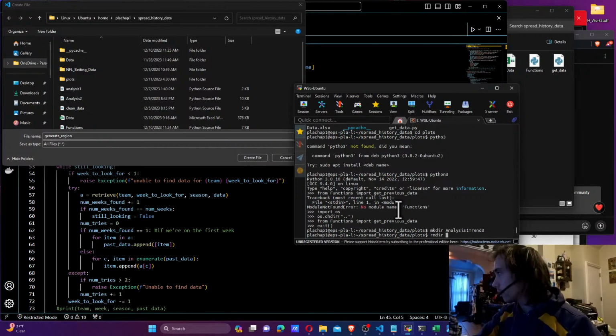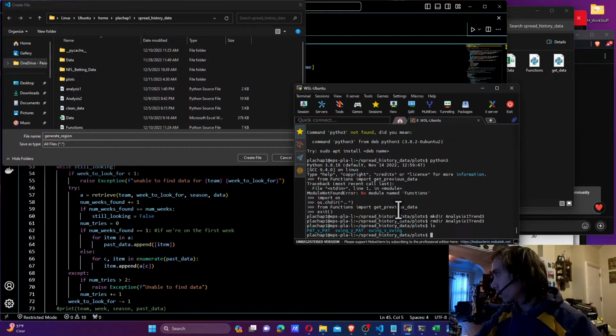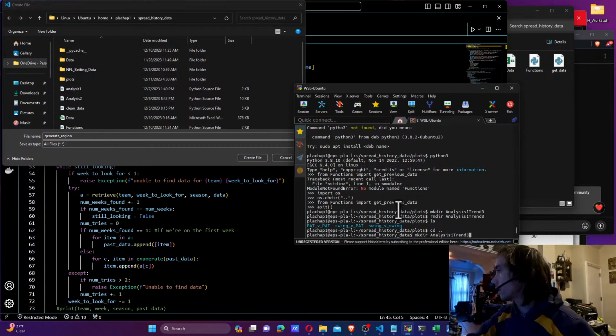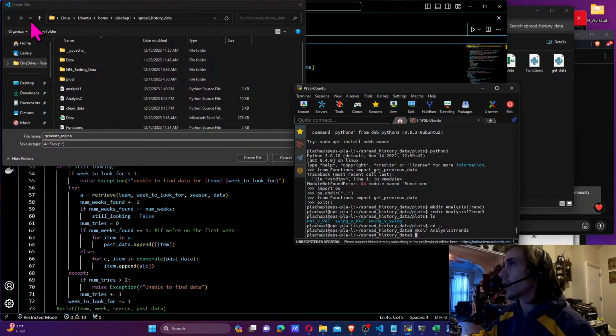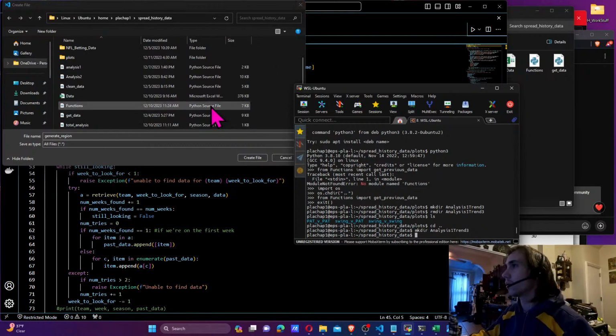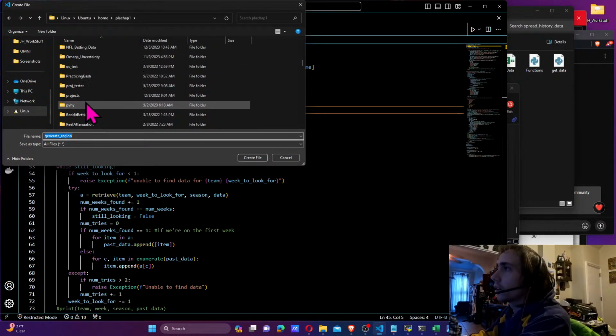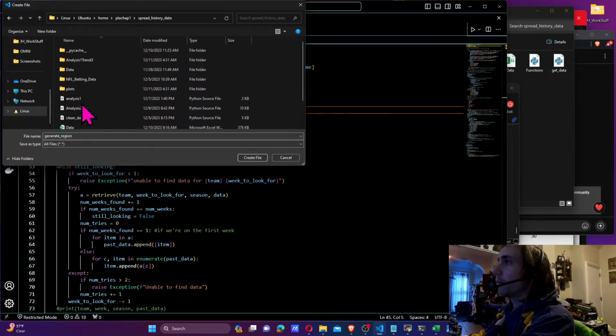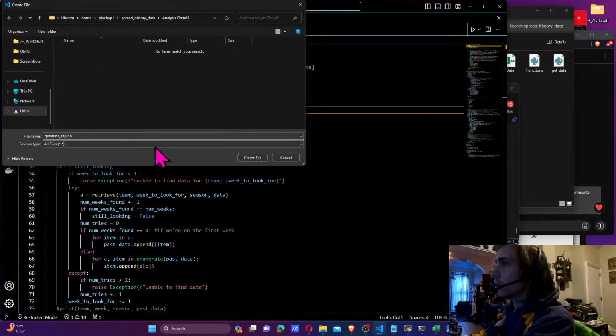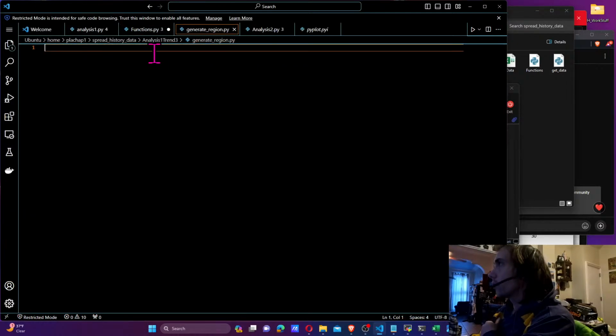Now let's remove that directory. All right, remove analysis1 trend 3. Now let's go up a directory and then make that directory again. Now spread history data. When we go back in there, it should pop up. Yep, there we go. And that's where we want it. So generate region.py